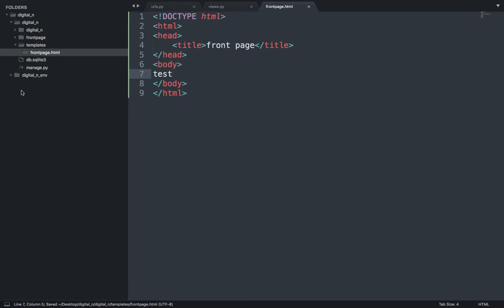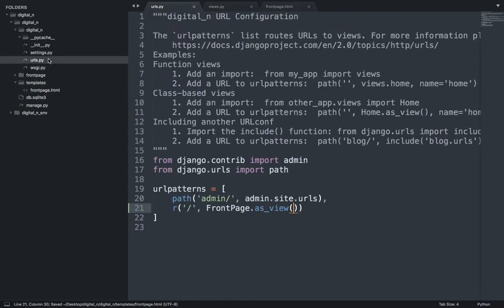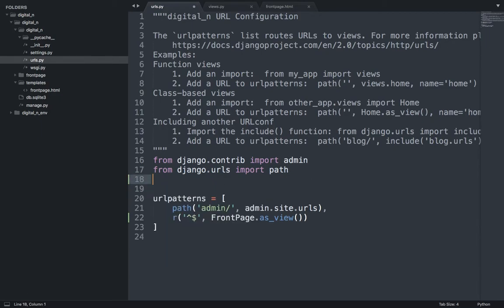Also in the URL we had put that, so it's not like this, you have to start with this and it should end with this. Or you can do it like this. So it says that if anything comes on the localhost, then it should be directed to this view. Also you have to import that view, so you can say from front page, this is the app, import